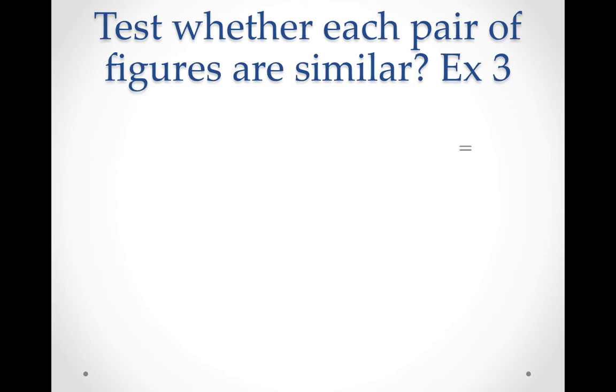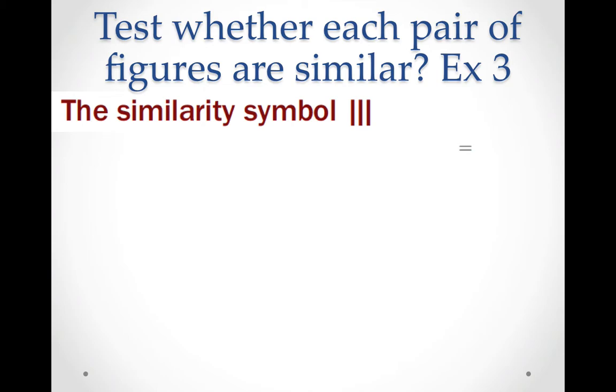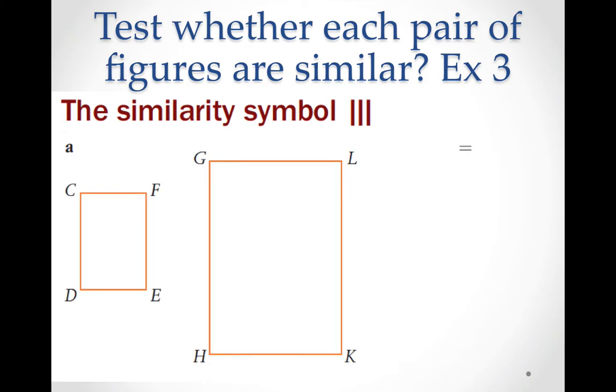Testing whether each pair of figures are similar or not, and so this is now going into example 3. The way we go about doing that is to make sure, and obviously the similarity symbol is 3 lines going up and down, which you should know, but what we need to do is, now we actually are not given the lengths measured. So we've got to take our ruler out and measure accurately, just like we did with scale drawings,